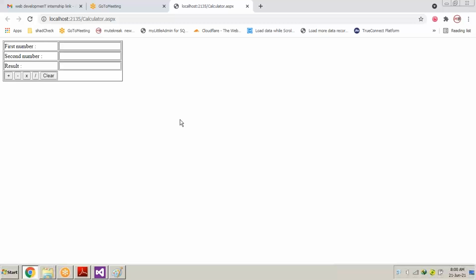All the buttons are being shifted toward the first TD, as above it. Means the first number is the first TD, the second number is the second TD of the second TR, the first TD of the third TR, and the buttons have also been fitted, congested inside the first TD only.